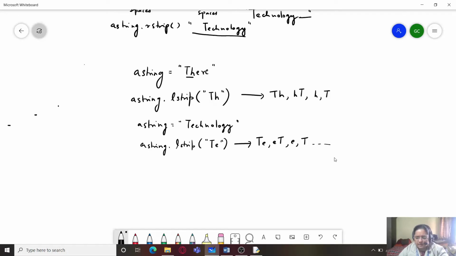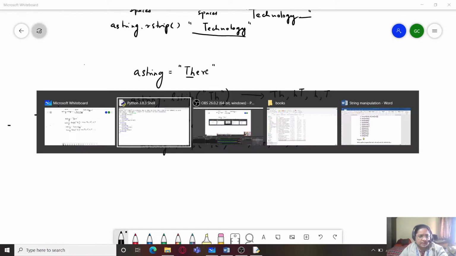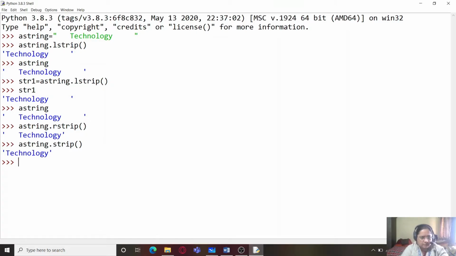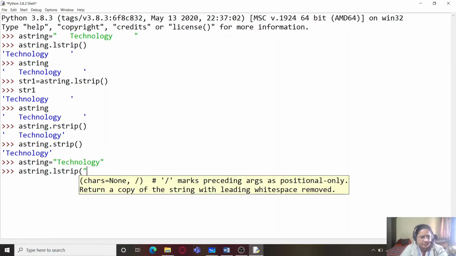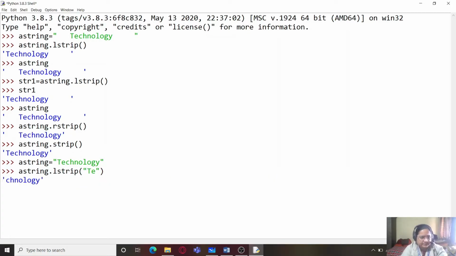Let us try this out, and we will come across a lot of such trade-offs also. Now I am just taking a string as technology. As you can see, a string dot lstrip, I'm just using lstrip here and providing te. So you can see that te has been removed from the left hand side.